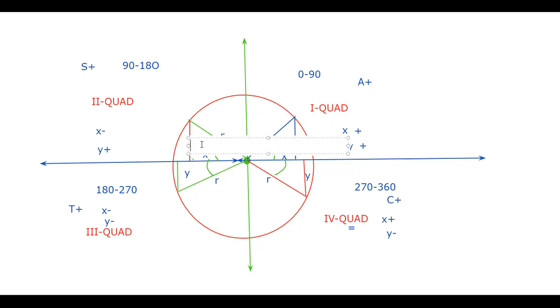And here, the y is negative, x is also negative. In this triangle, r will remain positive anywhere because it's a radius. So radius cannot be negative. So if you have this diagram with you,